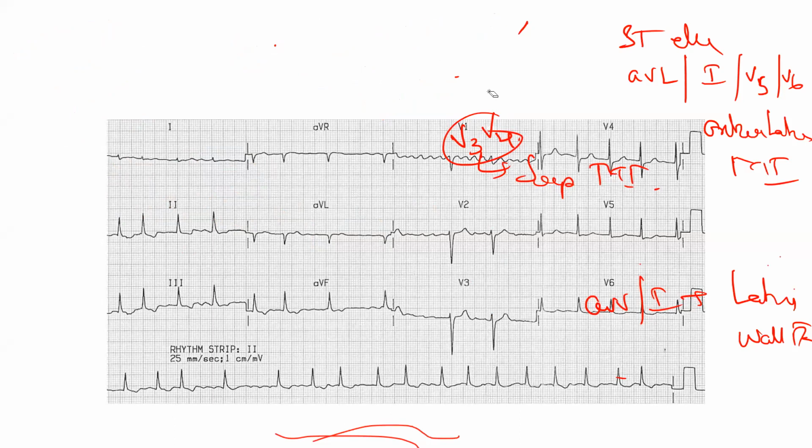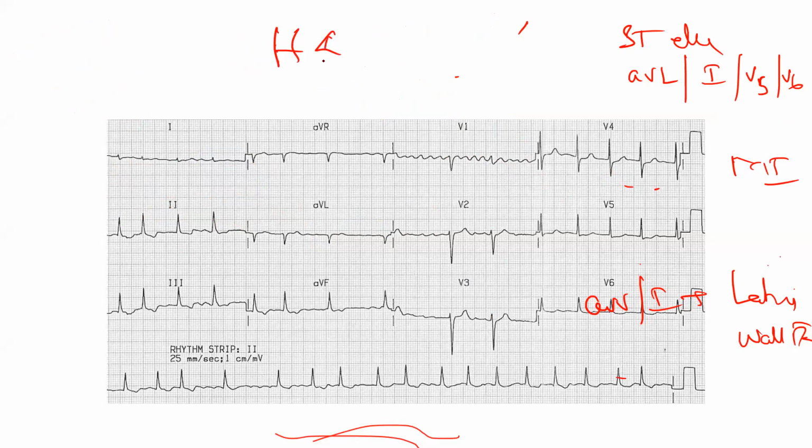Junctional rhythm is nothing but a wide complex tachycardia, okay, and the heart rate will be less than 40. Okay, no P waves, wide complex tachycardia, heart rate less than 40. So junctional rhythm means both the AV node and SA node are not properly functioning as the pacemaker. The ventricle pacemaker or the Purkinje fibers start to fire, acting as the sinus node or pacemaker. So only in that case, the ventricular rate is going to be only 40. So you get a wider QRS, no P waves at all, and heart rate will be less than 40 because that is the maximum firing rate of the Purkinje fibers.